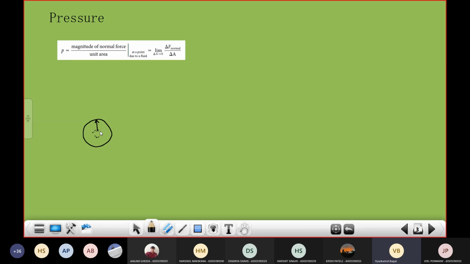inside this ball, this air will be applying some sort of force on the wall of this ball, right? Everywhere like this. So this is the pressure distribution created because of the air inside this ball. So I will take a small element here, having the area delta A, and the force which is acting normal to this delta A, I will call it delta F normal,